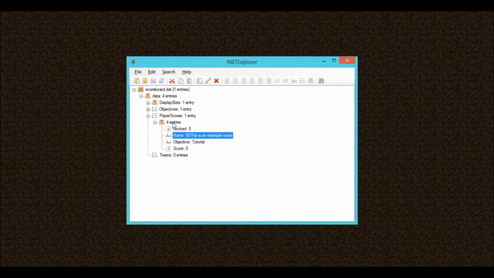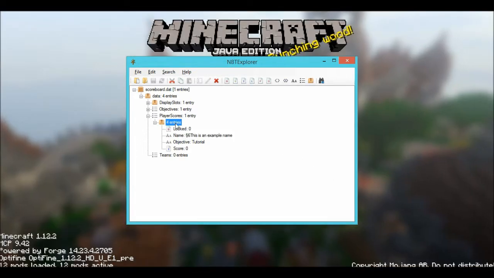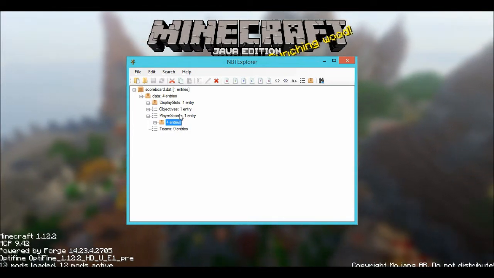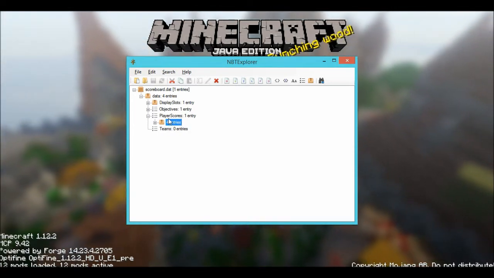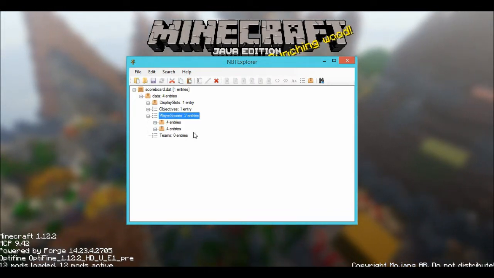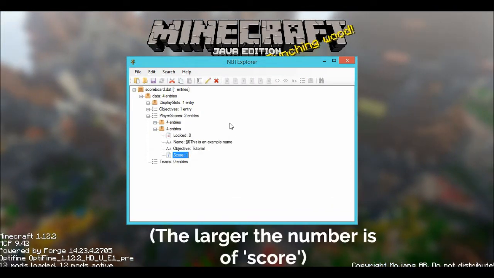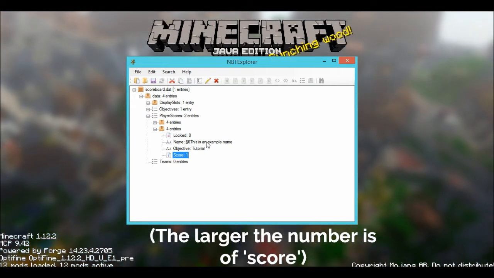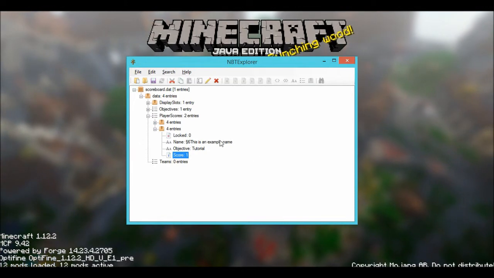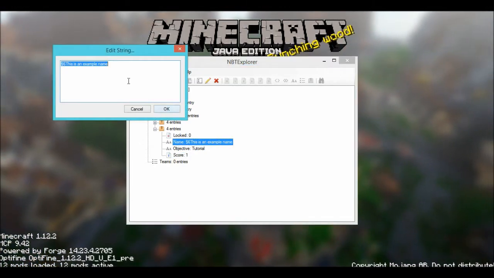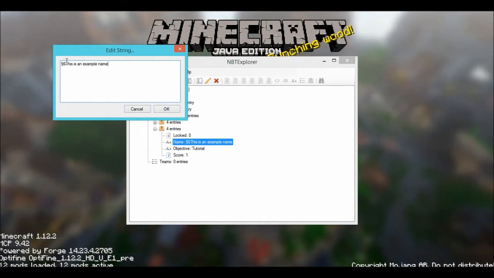The easiest way to add another one is to click on the thing where it says 4 entries, copy that, however you want to do that, Control C, then you click on player scores and you paste that. And the larger the number is, the higher it will be on the objective sidebar thing. And also, this one right here has to be different,